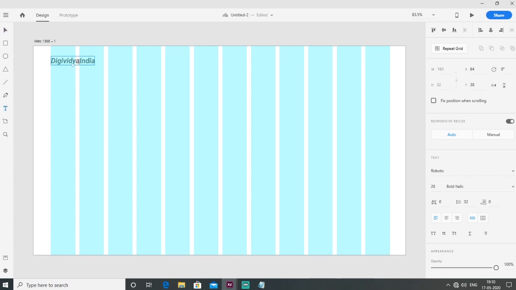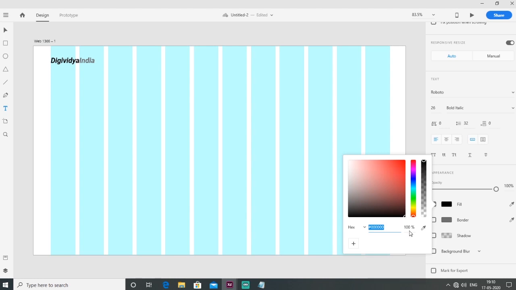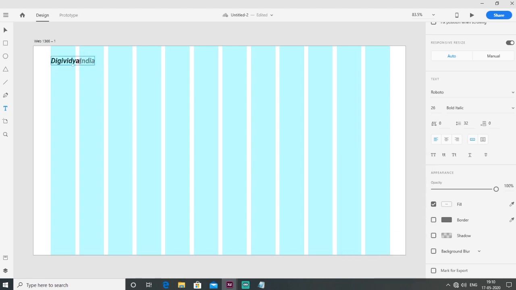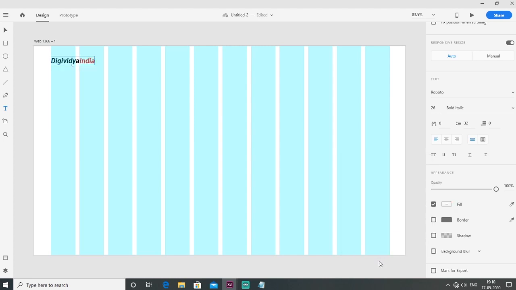Then I go to the text tool. Select DJ Vidya and fill color black. And India to red.